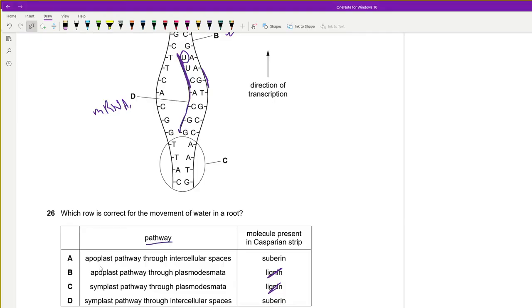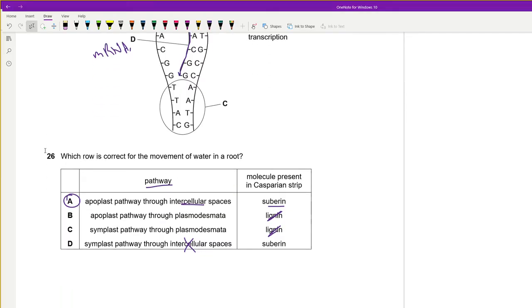They just asked how does the apoplast pathway work? It moves through intercellular spaces. Simplest is not through intercellular spaces. And what is present in the Casparian strip? Suberin. They didn't ask which pathway is still open due to the suberin strip. That wasn't the question. They just asked what path the apoplast pathway takes. It's intercellular spaces. Simplest takes plasmodesmata. Okay,